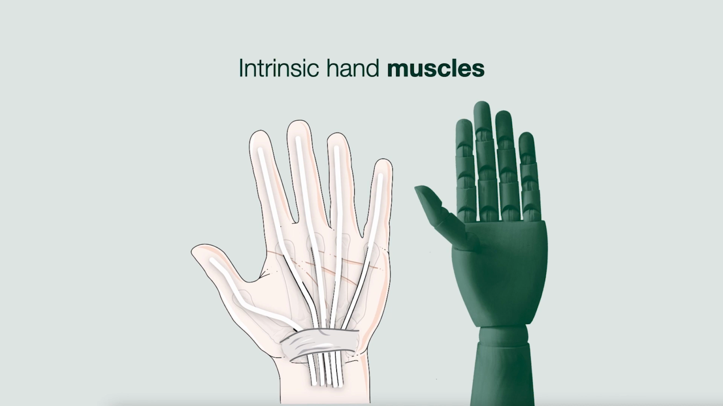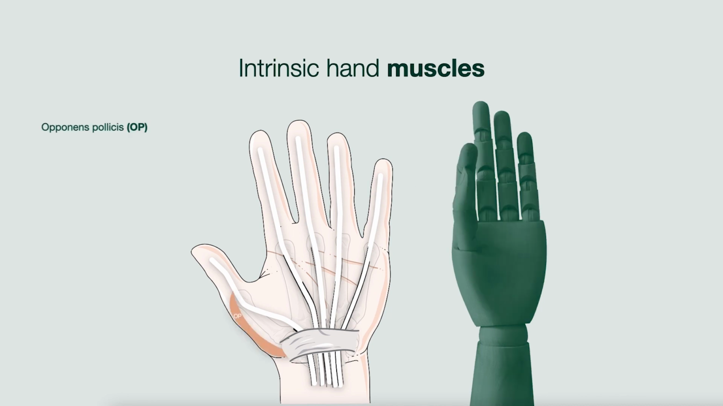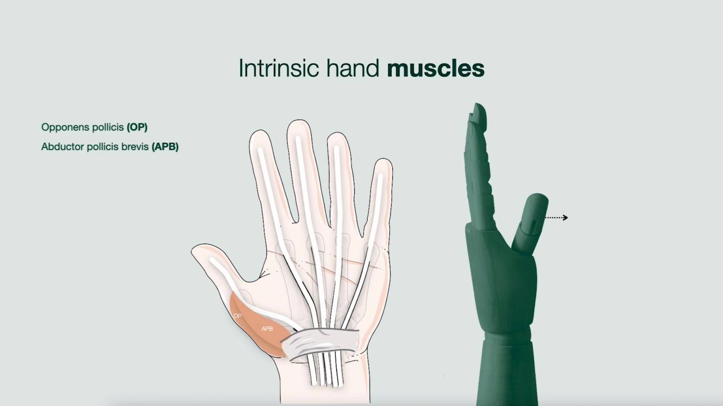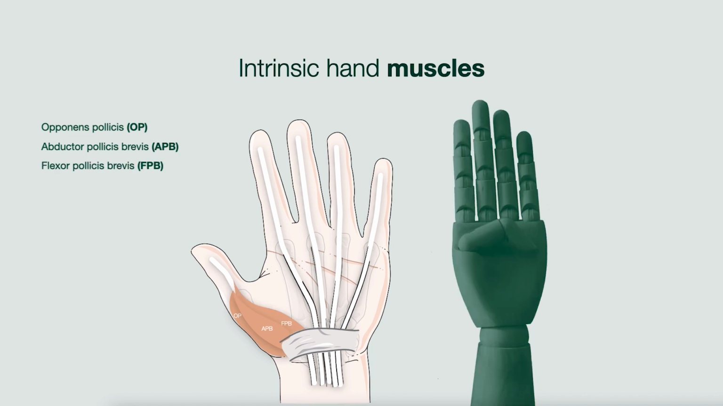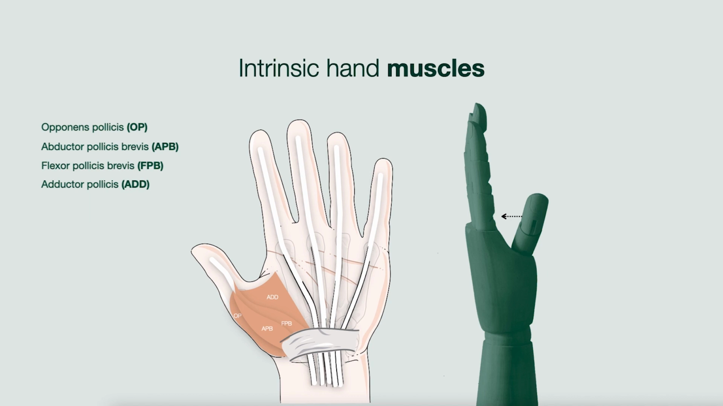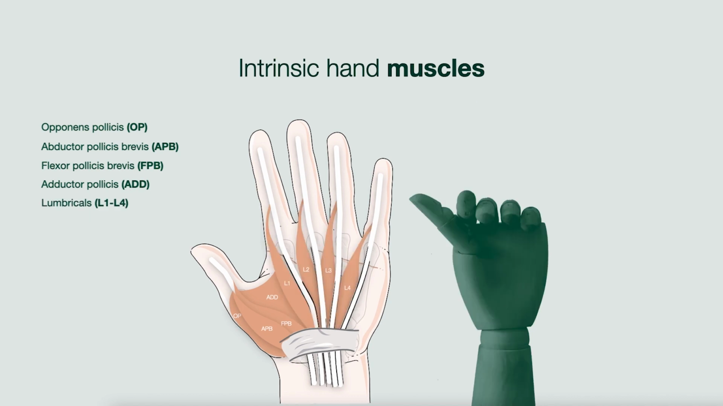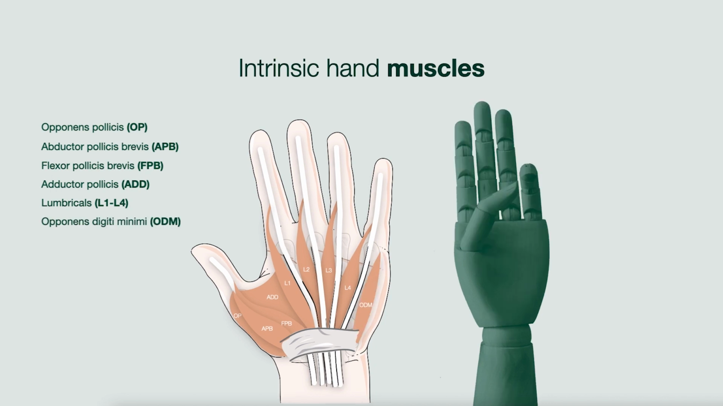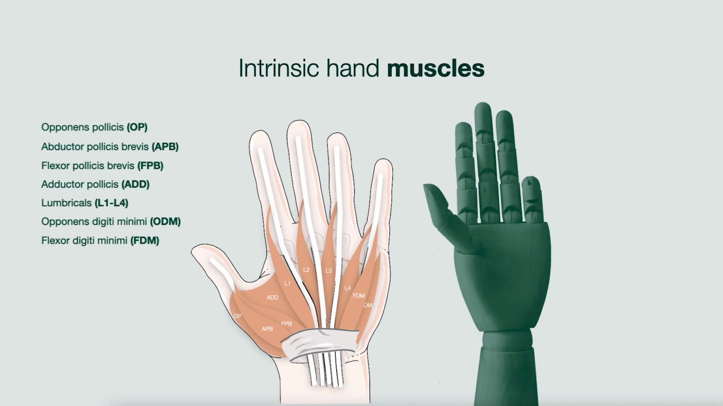Opponens pollicis opposes the thumb, the abductor pollicis brevis abducts the thumb, the flexor pollicis brevis flexes the thumb at the MCPJ and IPJ, the adductor pollicis adducts the thumb, the lumbricals flex the fingers at the MCPJ and extend them at the PIPJ, the opponens digiti minimi opposes the 5th digit, the flexor digiti minimi flexes the 5th digit,